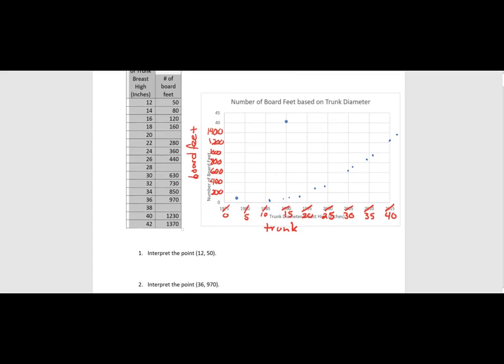On the Word document, problem number 1 below says interpret the point (12, 50). Well, what does that mean? Good. So that's how we would graph it. So we're on the x-value 12 and up 50. And what does the 12 represent? Okay, and it's the trunk's diameter, right? So in inches, so a 12-inch diameter tree